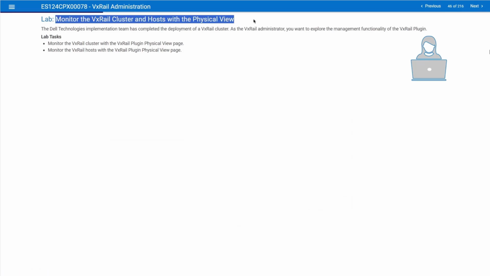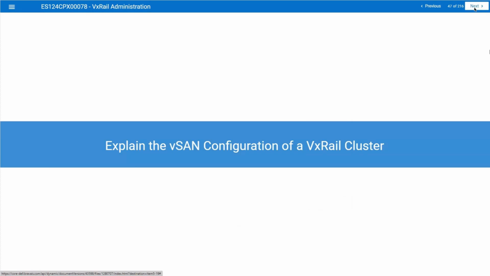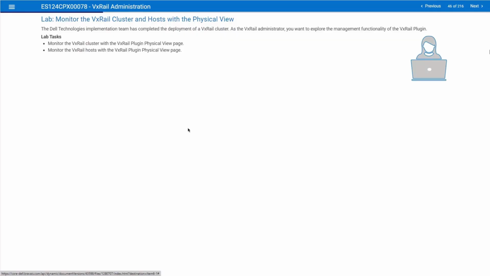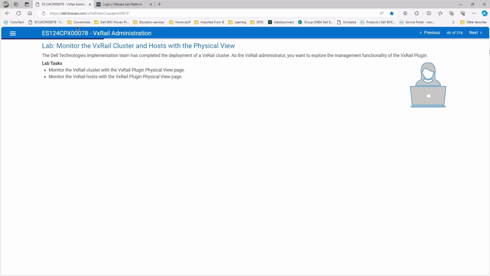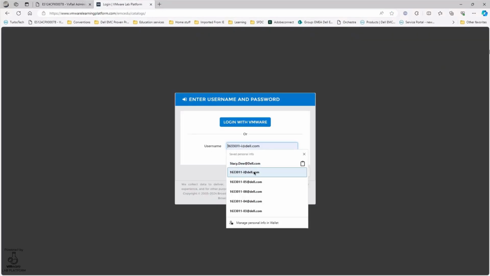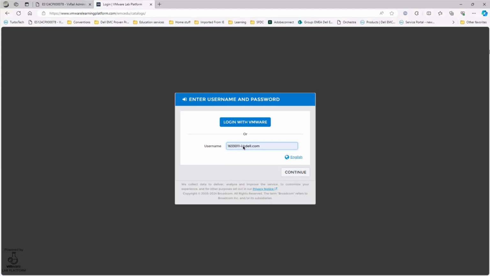So here is the next lab. Monitor the VxRail cluster and hosts with physical view. Okay, so I think we will do this lab. We'll just complete this one before starting the discussion around vSAN. So let's move on to the next lab, which is going to be lab number